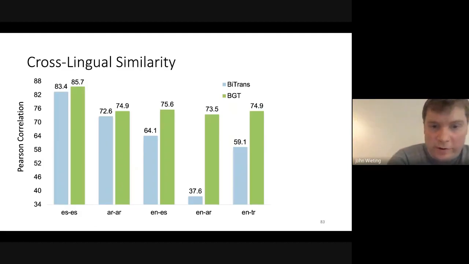Cross-lingually, they do very well compared to the translation baseline. This is a reflection of the source separation that's occurring, because once you start stripping away this language-specific information, these sentence embeddings should be in very similar spaces, despite being from different languages. So the gaps for things like Spanish, Arabic are smaller, but still significant in favor of BGT. But then once you get to cross-lingual settings, the gaps widen considerably.